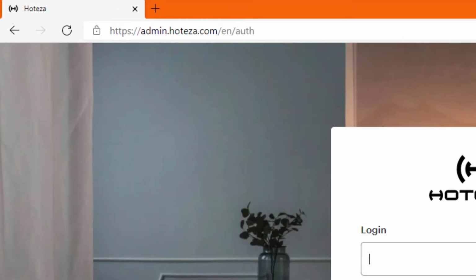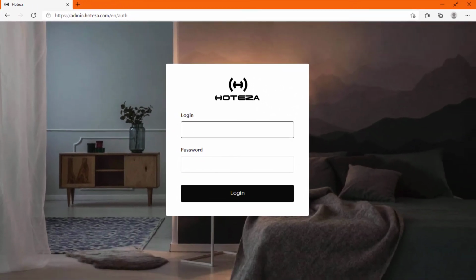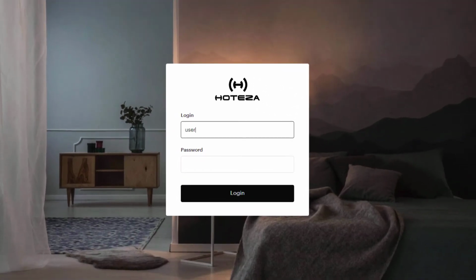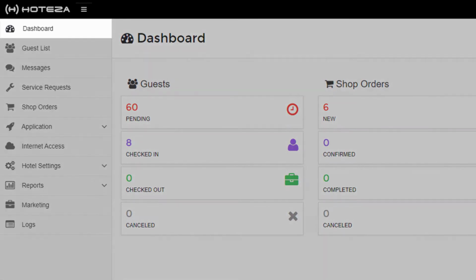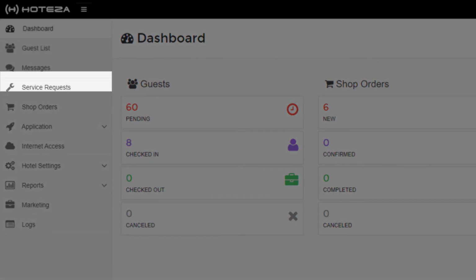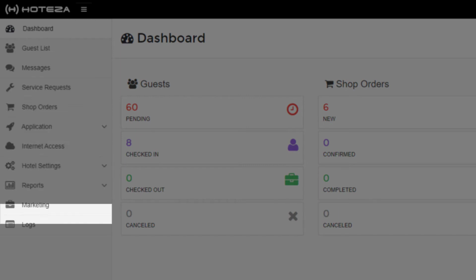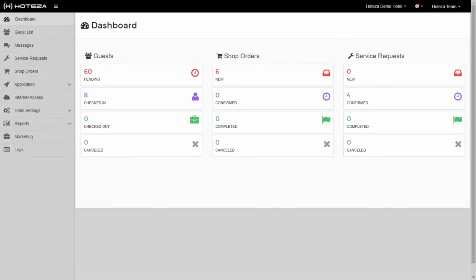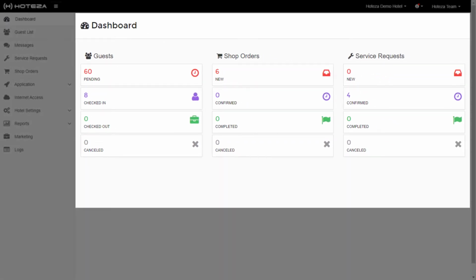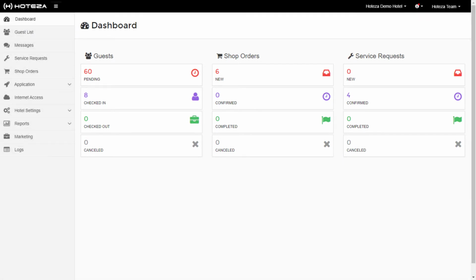Hoteza CMS is cloud-based and by default is located at admin.hoteza.com, but actually, it can be different in your particular case and depends on your region. After entering your personal login and password, you can see the admin panel, where the main menu is positioned on the left-hand side. The list of menu sections may vary, and generally it depends on your property license set, as well as on your personal user rights. And on the right-hand side, we will see the working area displaying relevant data and management tools for each section. We will start from the top of the menu to introduce all the sections.